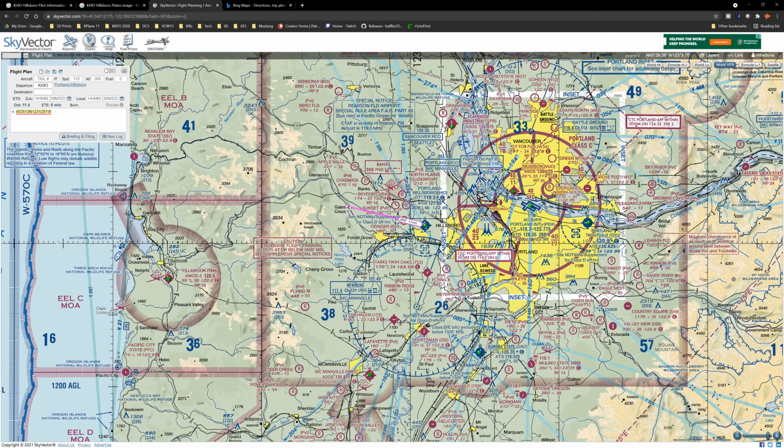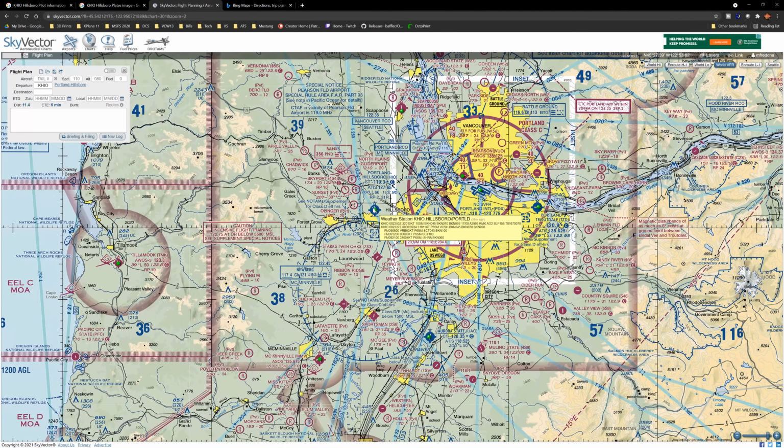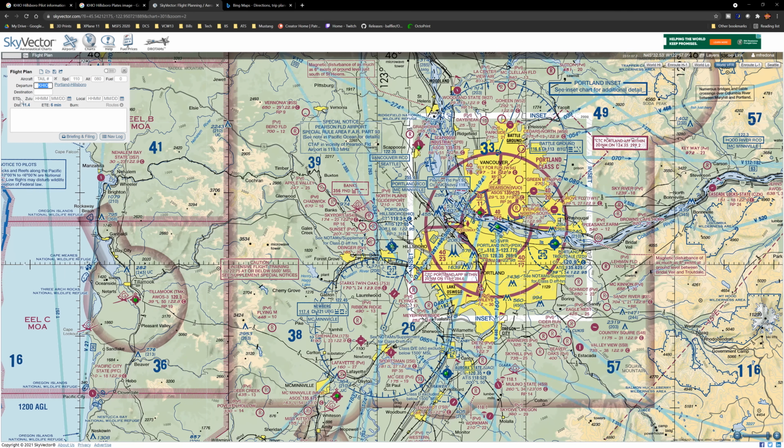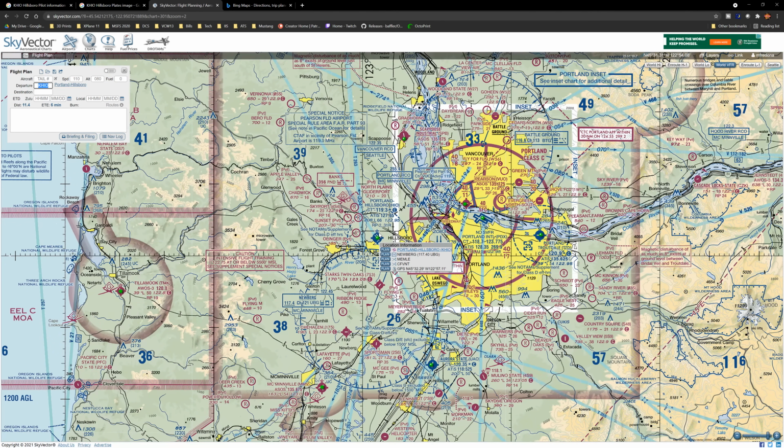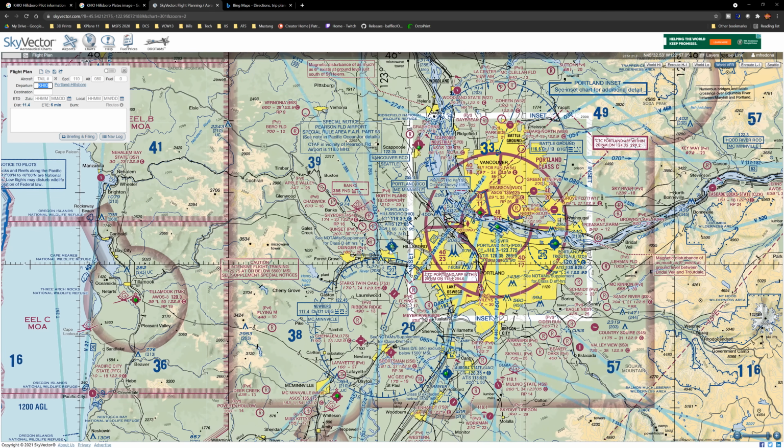And let me delete this and start again. Delete. All right. So coming from KHIO, I put this in here. Type KHIO after hitting new flight plan if you need to. So if for any reason this isn't here, you're going to go flight plan. Type in your departure ICAO. Hit enter. It'll automatically put this little plus guy. See that guy moving around? Right over our airport is where it'll automatically push it. And then now from here, we can start finding some